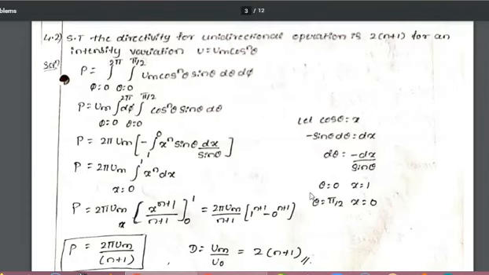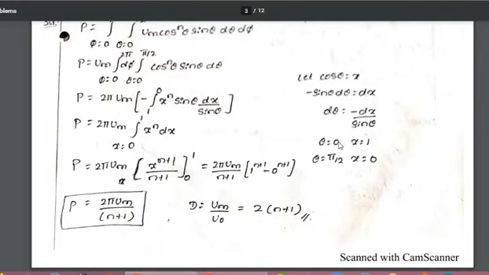If we substitute theta equal to 0 here, x is equal to 1, and theta equal to pi by 2 gives x equal to 0. So you can replace the limits: instead of 0 to pi by 2, we can replace with 1 to 0. Now a minus sign comes into the picture, so x raised to n sin theta dx divided by d theta could be written here.